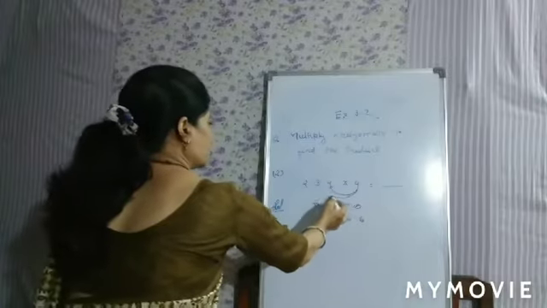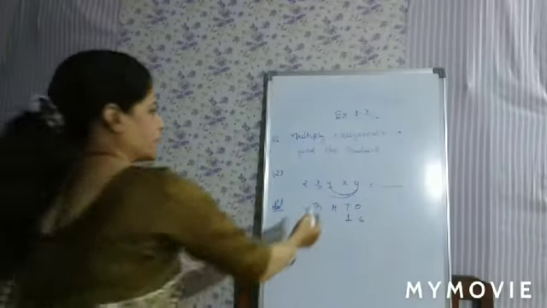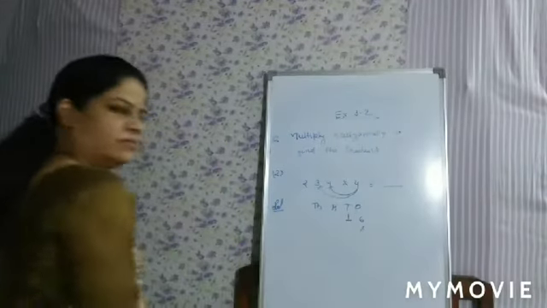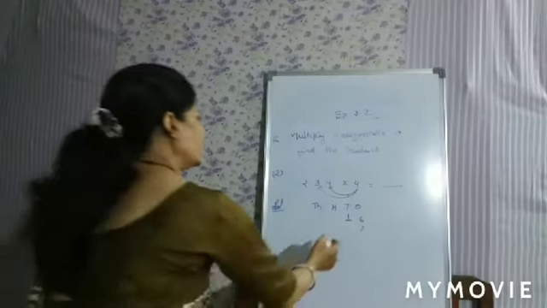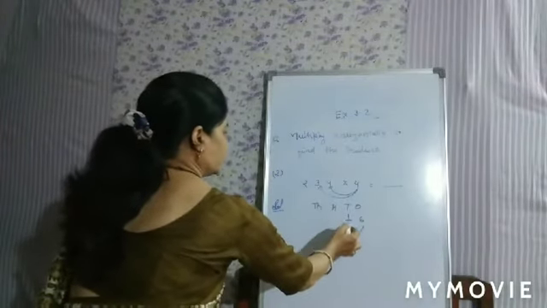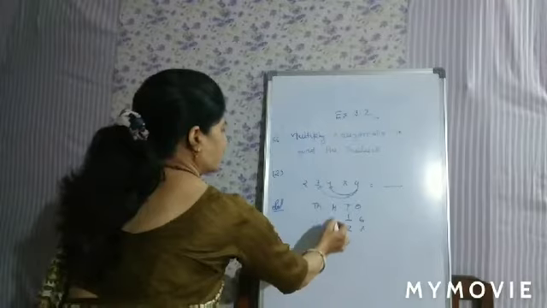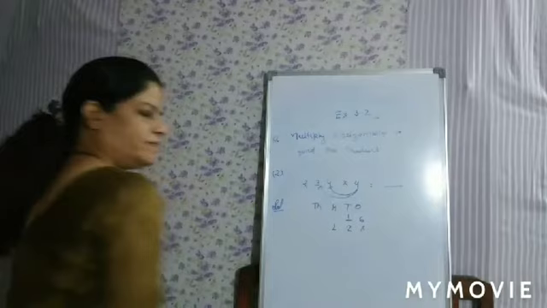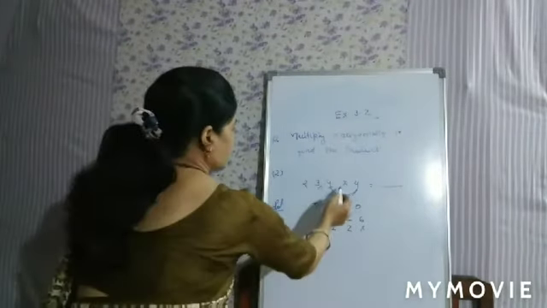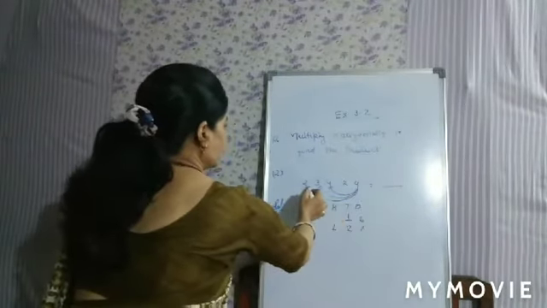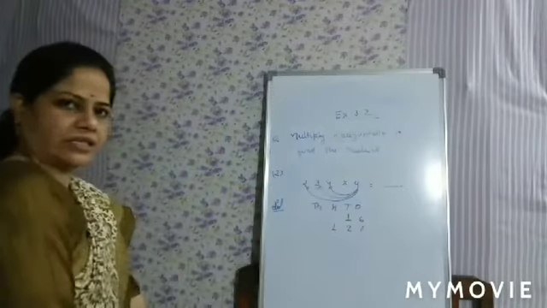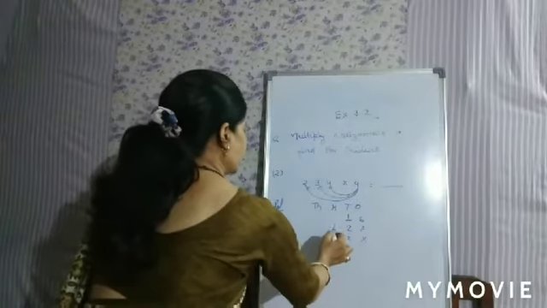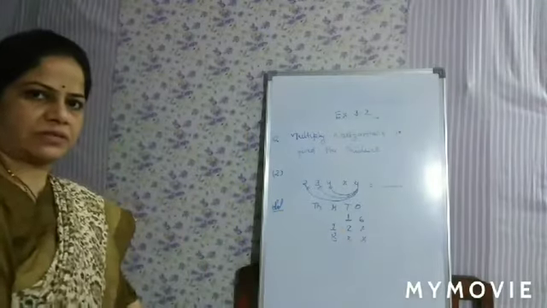Now multiply 4 and 3. 4 threes are 12. So leave ones place by crossing it and then write 12, 2 in tens place and 1 in hundreds place. This way you have to write 12. Now you have to multiply 4 and 2. 4 twos are 8. So cross out ones and tens place and write 8 in hundreds place.